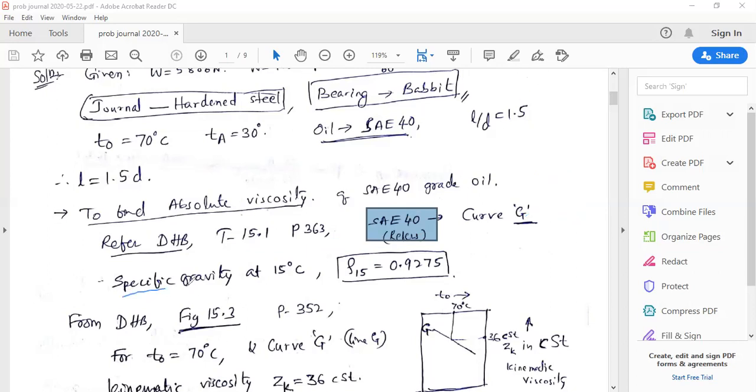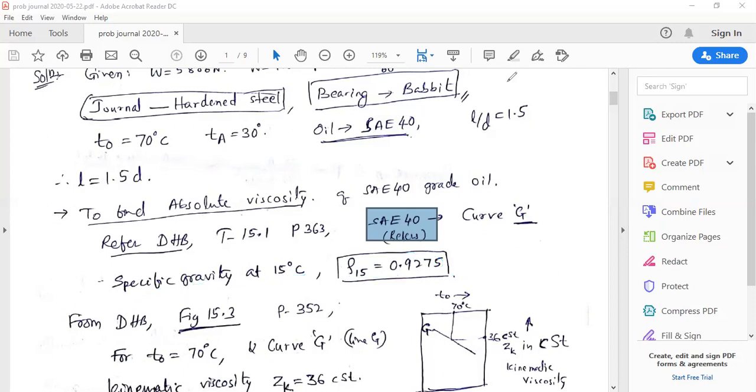So that is the name of the curve. And also we have to note down the value of another parameter which is there in the same table, called specific gravity, and that specific gravity of the oil is noted here at 15 degree centigrade. So this is also another important parameter. It is multiplied by the mass density of a standard fluid, here water, whose mass density is 1000, so that we will be getting the mass density or weight density of the SAE 40 oil. That is required while calculating the absolute viscosity.